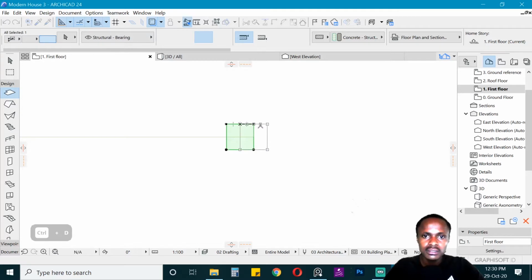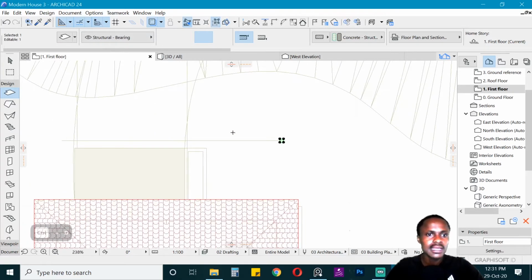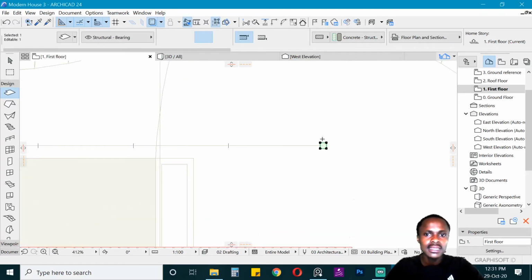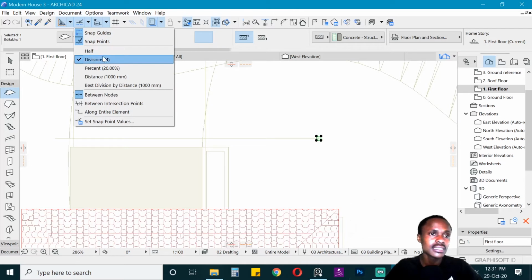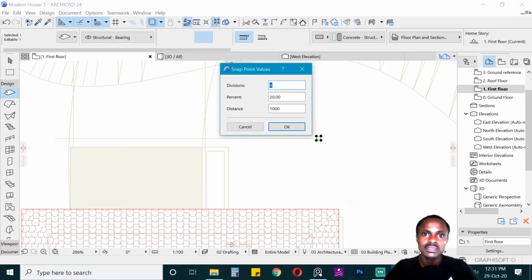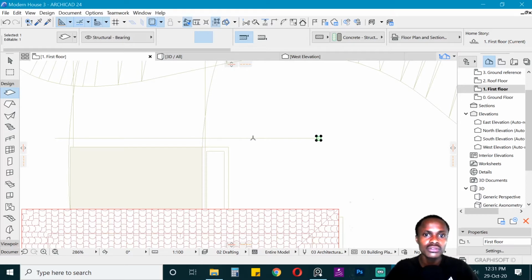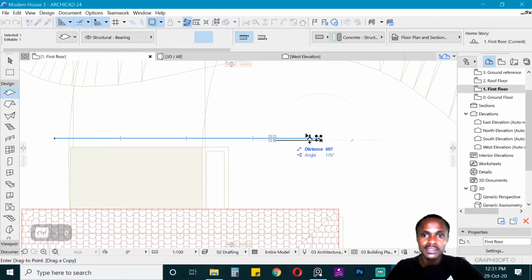So let's position that. The first light is right about there, and then of course we need about 5 lights. So you need to come here and set snap divisions into 4, because you already have this 1 point. When you do that and hover over this line, it should show the 4 divisions, such that you can have the first light there,